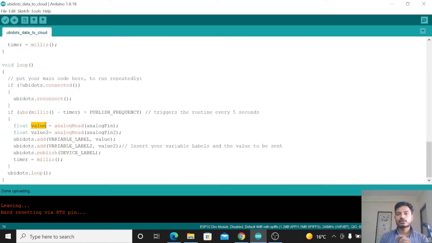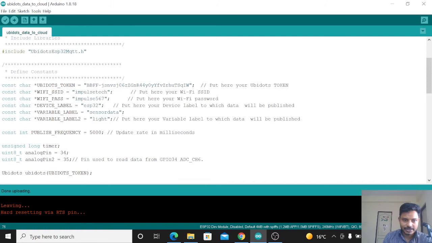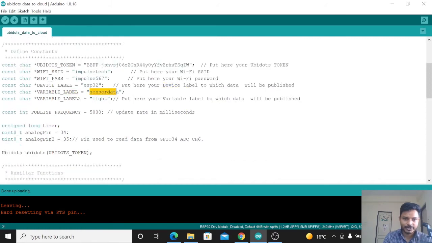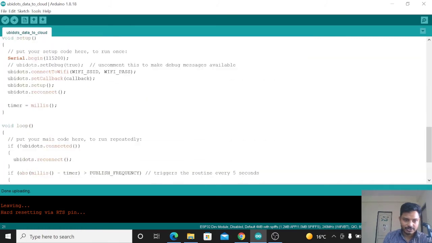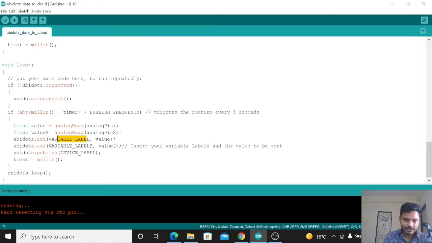Now again we have declared two variables. One is value and the other one is value 2. So value is storing the values of the potentiometer and value 2 is storing the values of light intensity. Now for sending the values to the Ubidots cloud, we need to insert our variable label and the variable. Here you can see variable label. So variable label is this one, that is sensor data, right? So we are sending these values inside this variable label